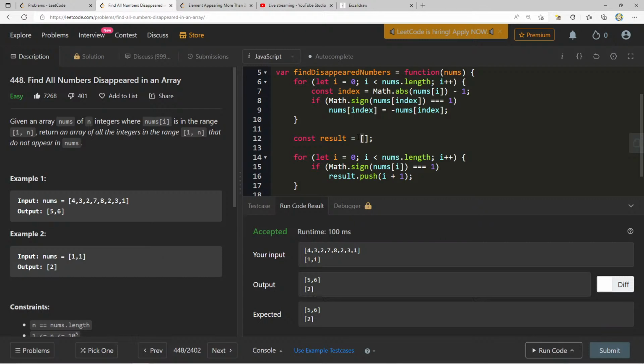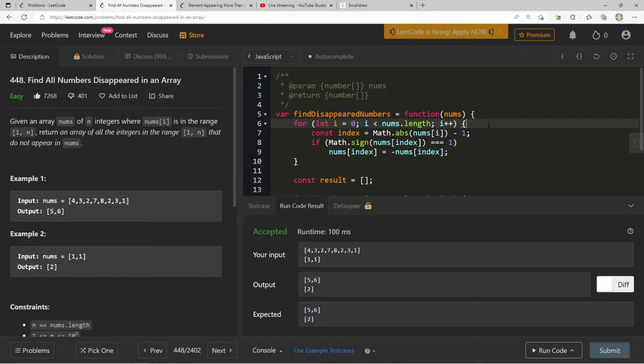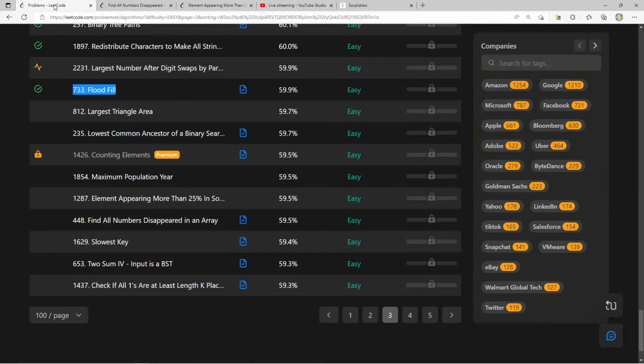But really the big takeaway here is, for many questions, the optimal thing to do is, instead of creating a new data structure, use the thing that they gave you and modify the input. If you can figure out a way to cleverly manipulate indices or values, you can use that to your advantage. For example, marking items in a graph as -1 after having already visited them, and using that to know that you visited some cell instead of creating a set. So another very clever thing that you can do. Some nice questions we got to there. Let's get to our next one here.